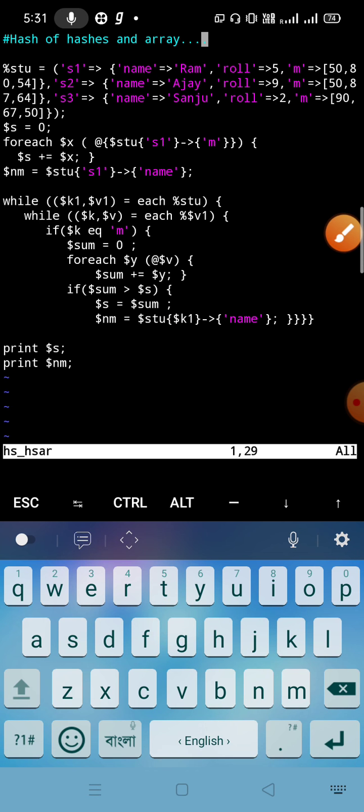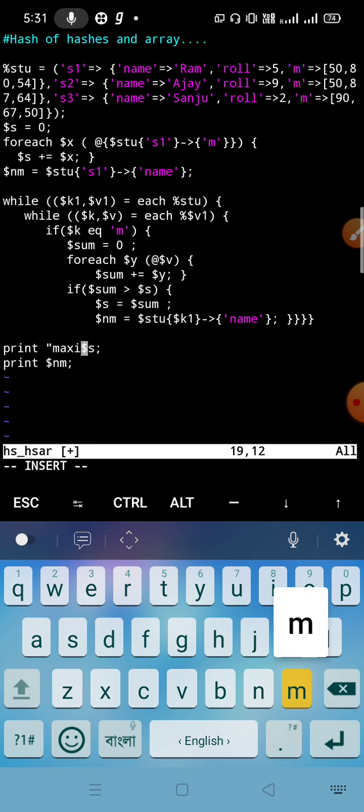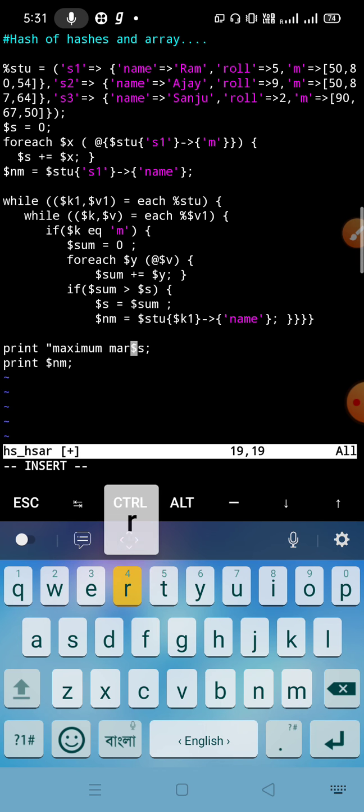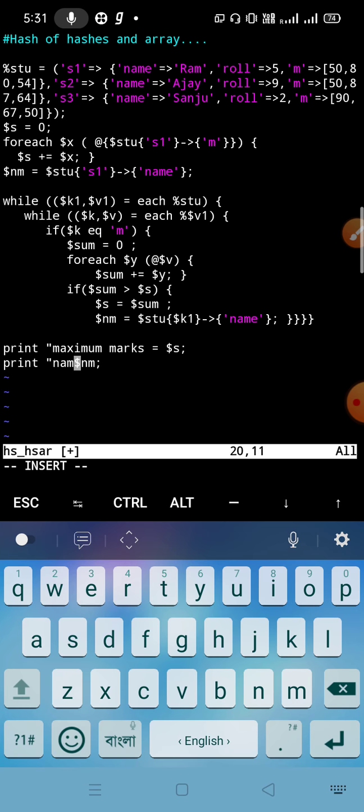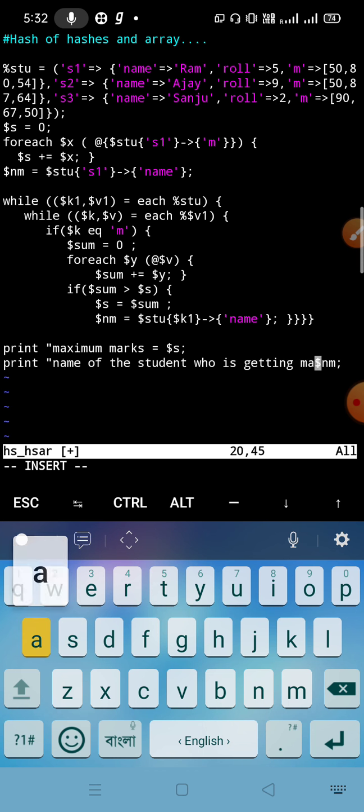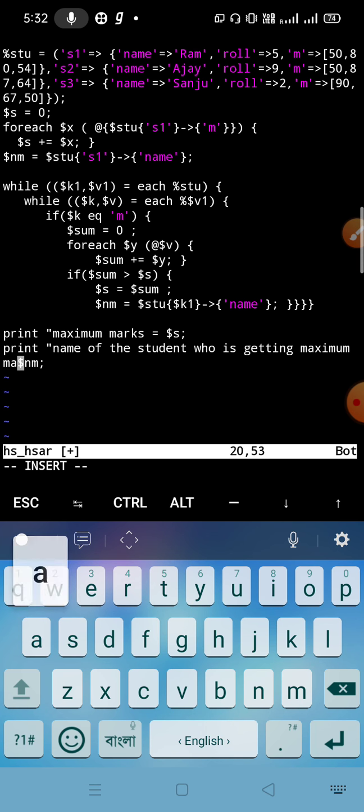So we can modify this one. If we want, we can write like this: maximum marks equals $s and name of the student who is getting maximum marks.